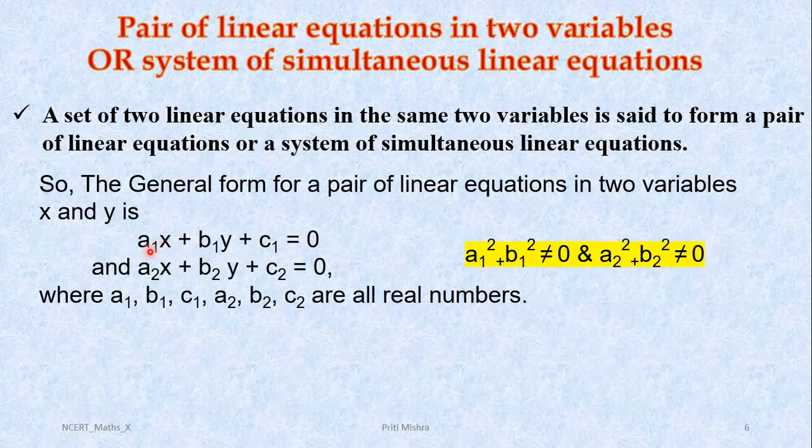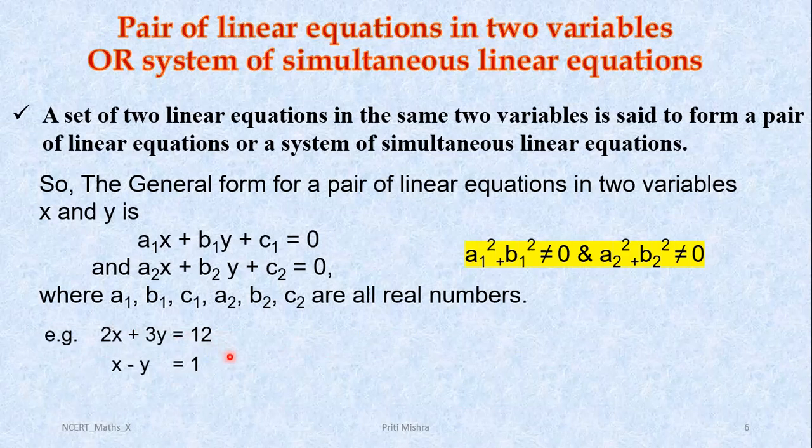I have explained to you, if a1 and b1 become 0, then c1 will be equal to 0, which is not possible. And in this equation, if a2 and b2 are 0, you will get c2 is equal to 0, which is again not possible at all. Any constant can't be equal to 0. That's why a1 b1 and a2 b2 should not be 0, and we mention this mandatory information in terms of these equations. a1 square plus b1 square can't be 0, and a2 square plus b2 square can't be equal to 0. Let's take an example.